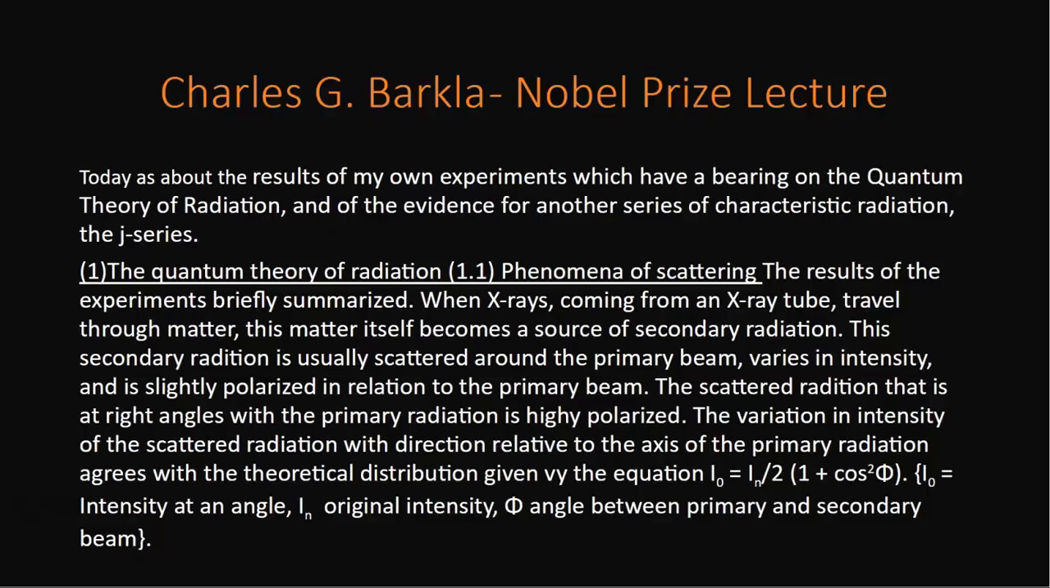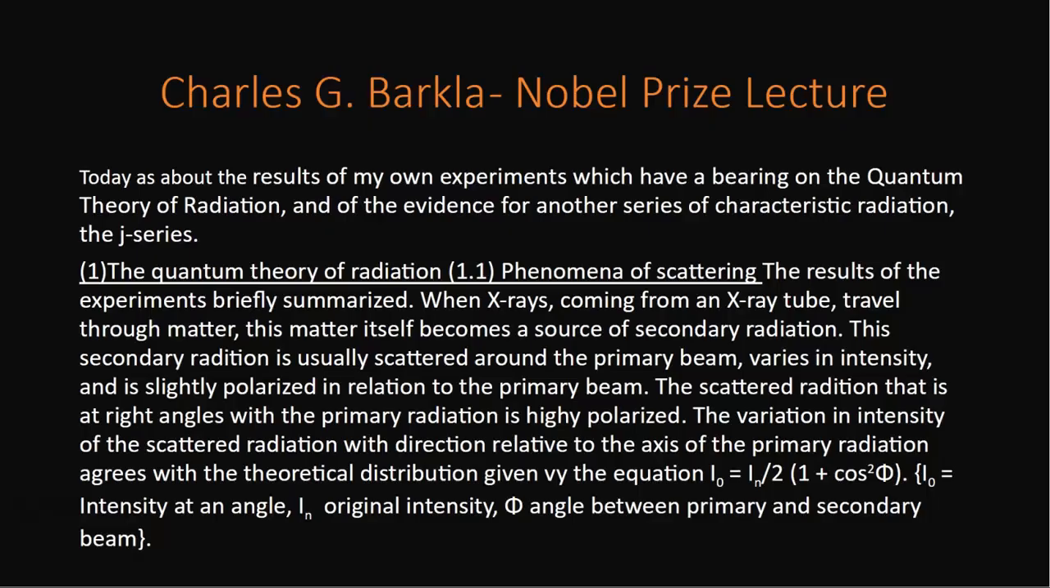The results of the experiments briefly summarized. When X-rays coming from an X-ray tube travel through matter, this matter itself becomes a source of secondary radiation. This secondary radiation is usually scattered around the primary beam, varies in intensity, and is slightly polarized in relation to the primary beam. The scattered radiation that is at right angles with the primary radiation is highly polarized. The variation in intensity of the scattered radiation with direction relative to the axis of the primary radiation agrees with the theoretical distribution given by the equation